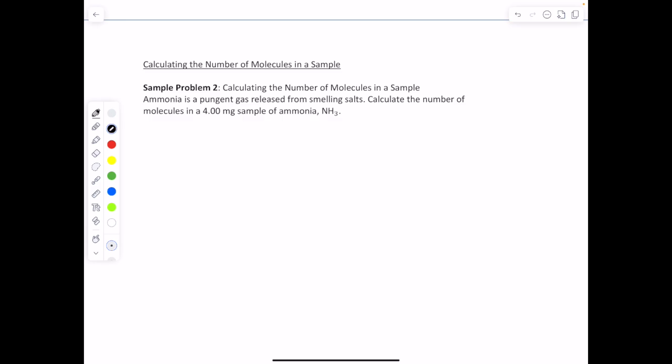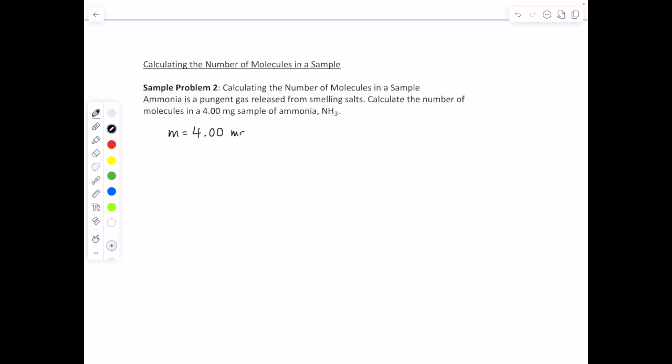Let's see if we can calculate the number of molecules in a sample. Ammonia is a pungent gas released from smelling salts. Calculate the number of molecules in a 4 milligram sample of ammonia. So in this question, we are given the mass of ammonia,